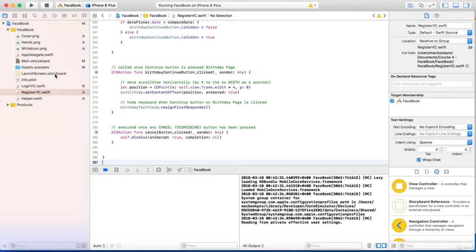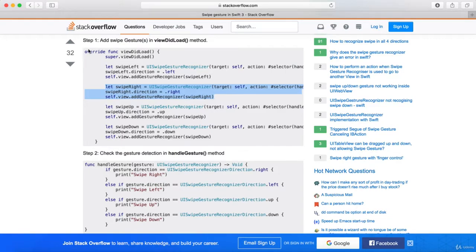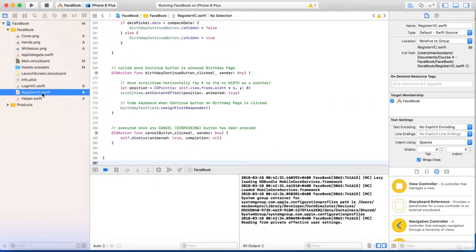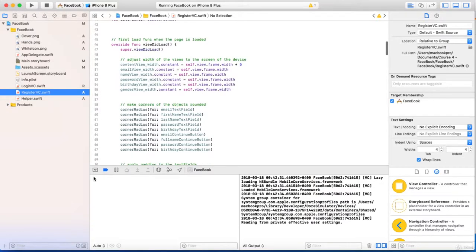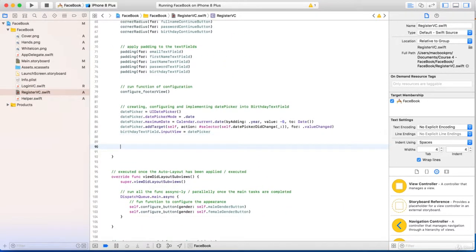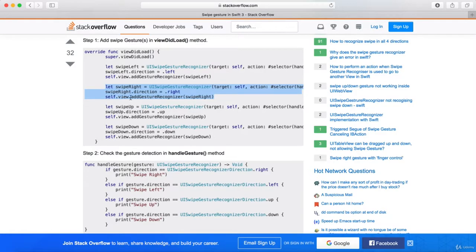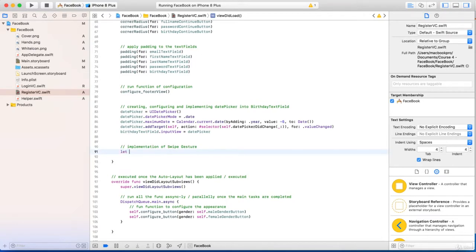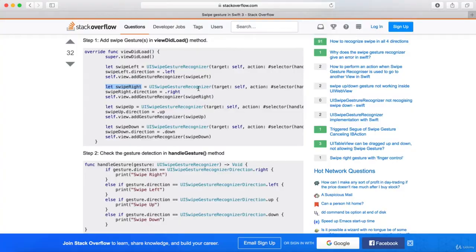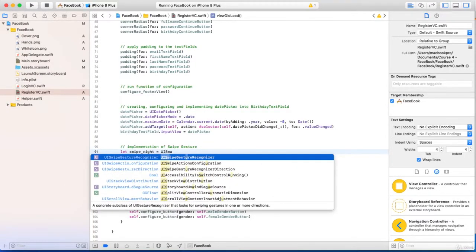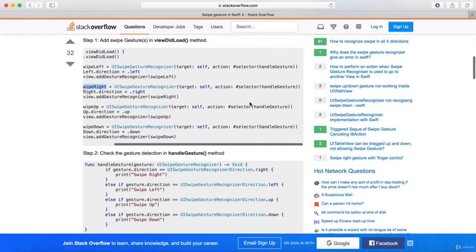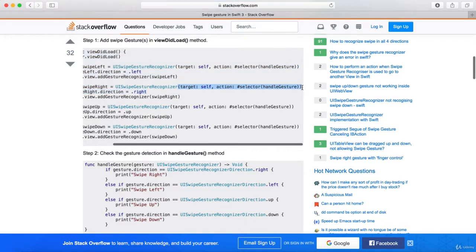Okay, let's now implement this. We will go to view did load, as you can see here. Let's go to register view controller. Our view did load is here. And I'll write here implementation of swipe gesture. Okay, so we'll write first a constant. Let swipe_right equals UISwipeGestureRecognizer, and we will initialize it with some